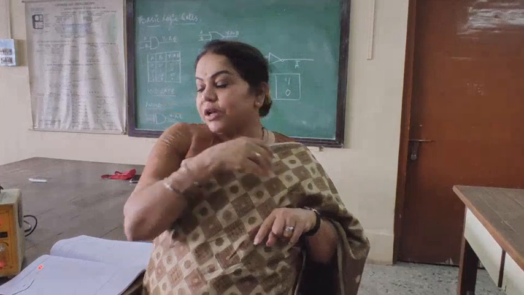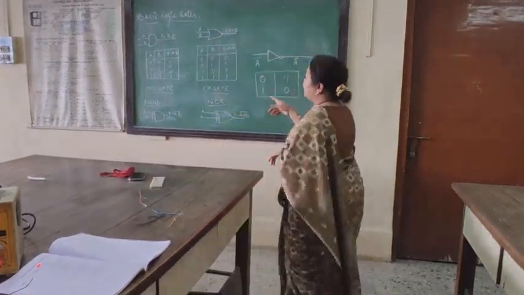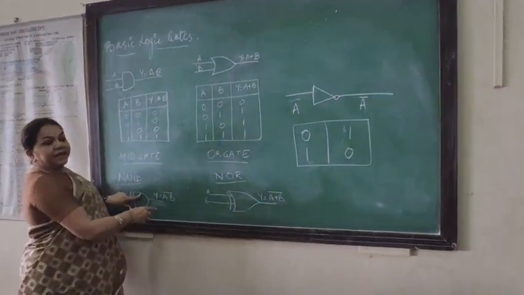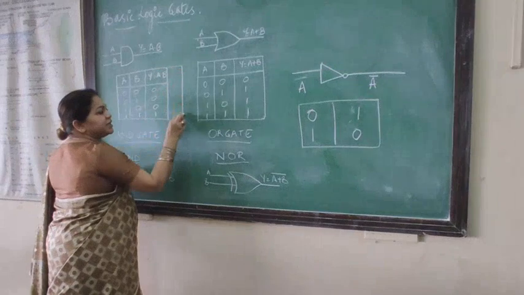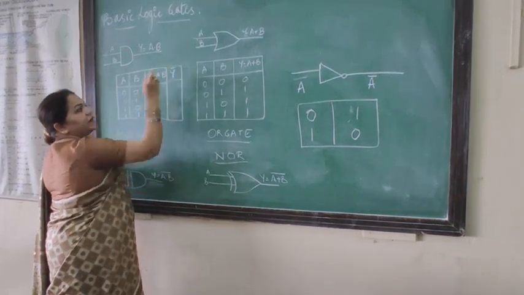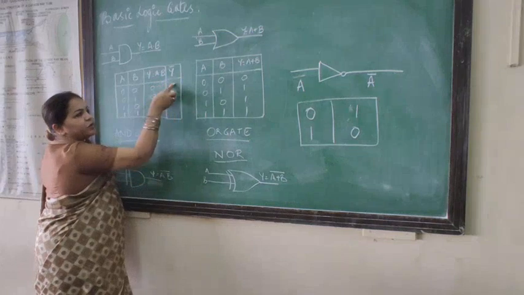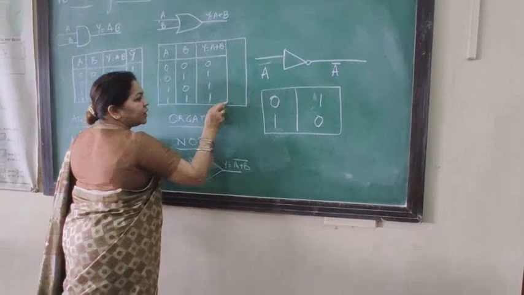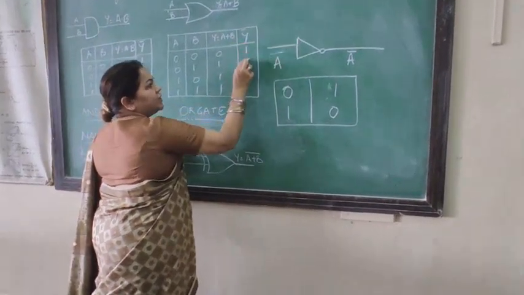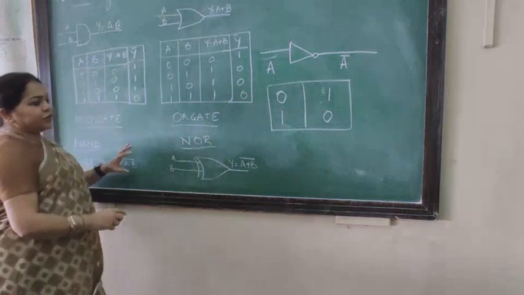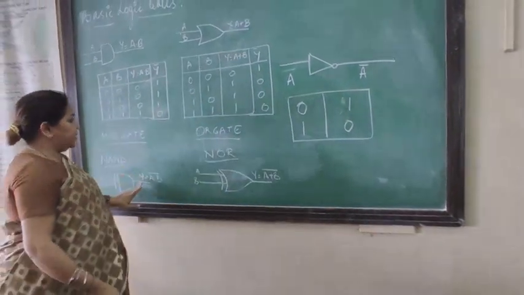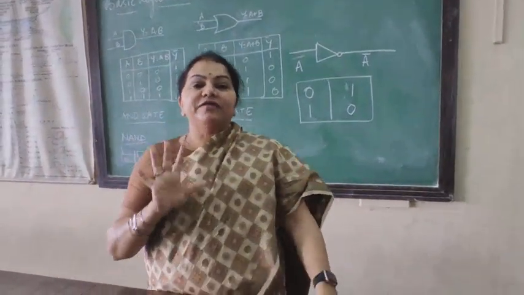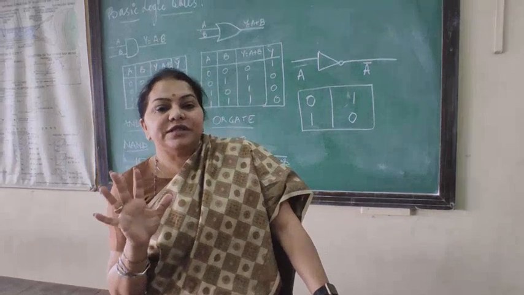So how does it function? If you see the truth table over here, for the NAND gate the output will be, you will just add one more column. Whenever there is a 0 output, it becomes 1: 1, 1, 1, 0. And similarly for a NOR gate, again you will have 1, 0, 0, 0. So this is the NOR operation and this is the NAND operation, and you are going to verify these 5 gates at the basic level first.